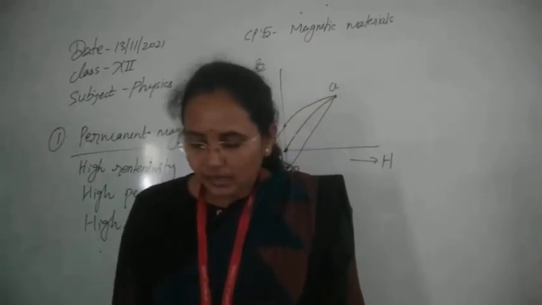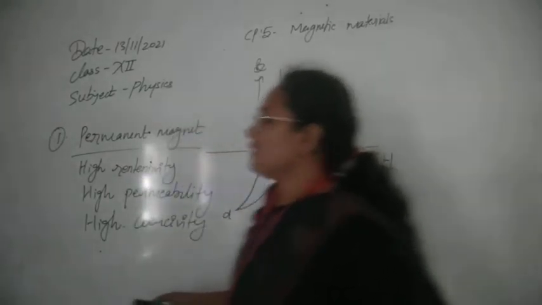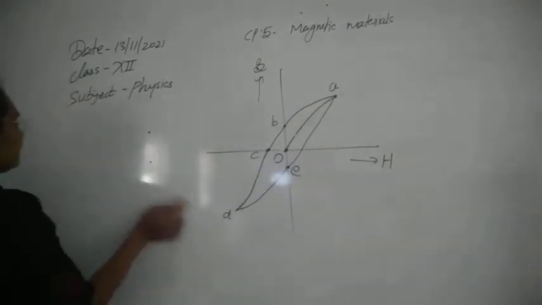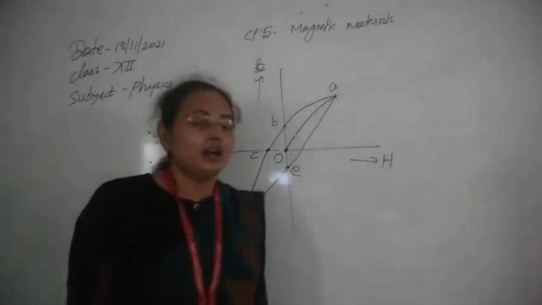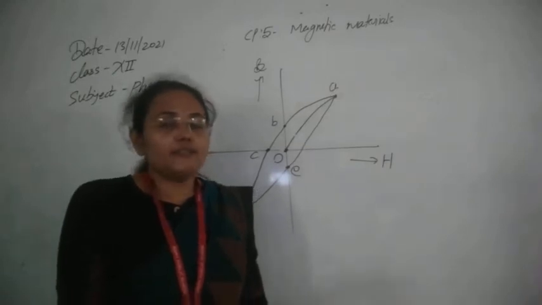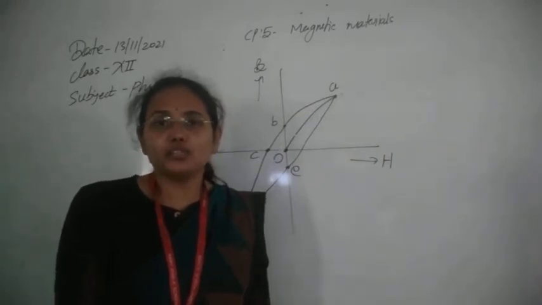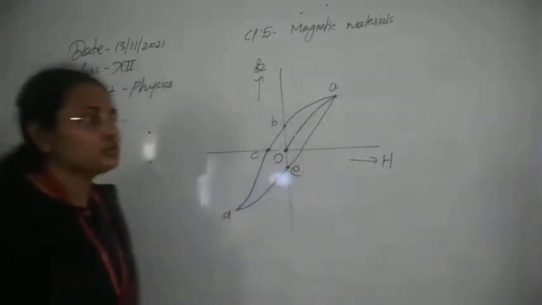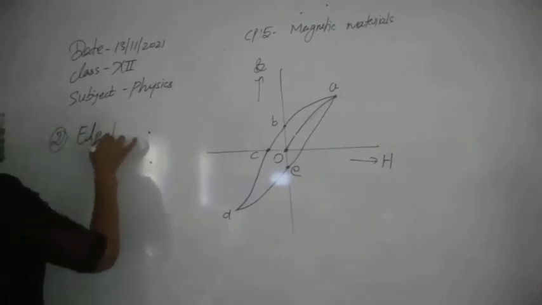Now the next one, after permanent magnets, let's see the second type of magnet, which is used to produce a very high magnetic field. Because the strength of permanent magnets is not enough to lift a very heavy load. For that we need a very strong magnet, like in cranes, in lab industries, in robotics industries, everywhere. That kind of magnet is the electromagnet. So let's see what an electromagnet is.